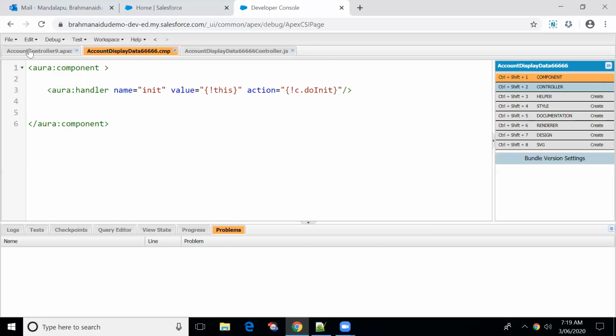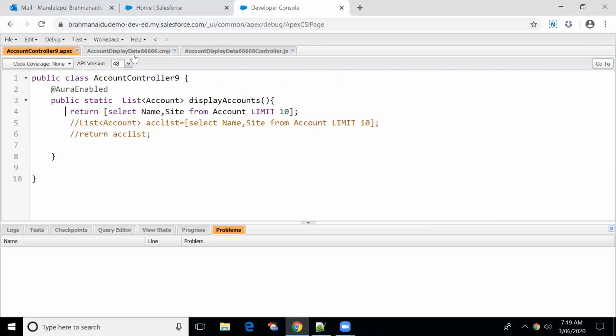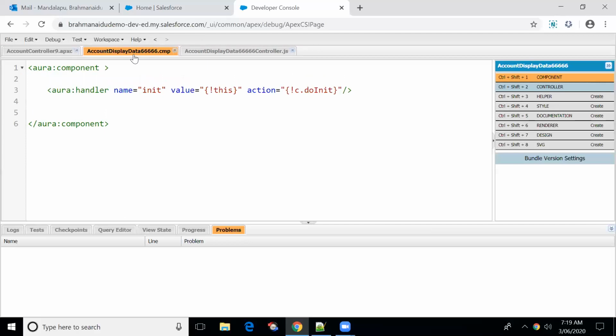So I want to display multiple records, right? So we have the attribute concept. If you want to set some value or store some value, then we should go with an attribute. Without an attribute, we will not be able to show it in the component. So I'm creating an attribute for storing the account data. Attribute name equal to accList. The type should be list because we are going to display multiple records, right? Okay. So clear till now? Yeah, bro, clear.